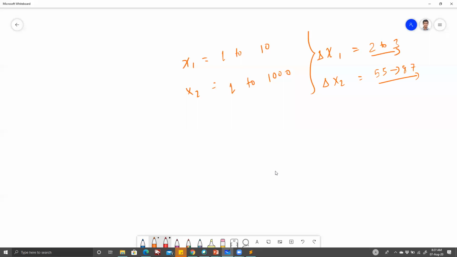X1 is bigger in terms of percentage. In absolute terms, actually x2 is bigger. Yes, you understand this concept, but the computer doesn't understand this concept. This is where normalization comes in. We have to bring both of them to the same scale. So let's divide x1 by 10, and let's divide x2 by 1000. Now they both exist on a scale of 0 to 1, and the idea is that now it is a fair comparison.